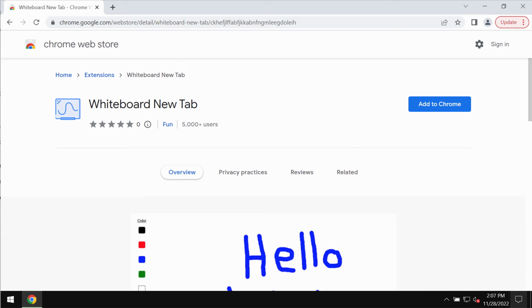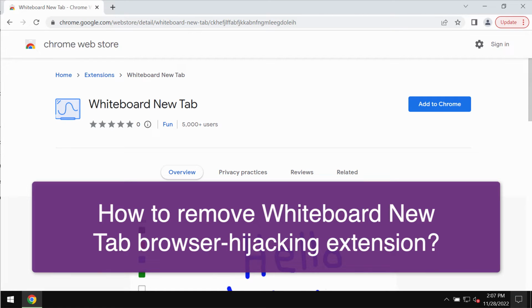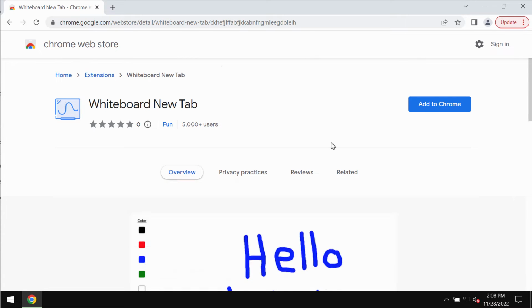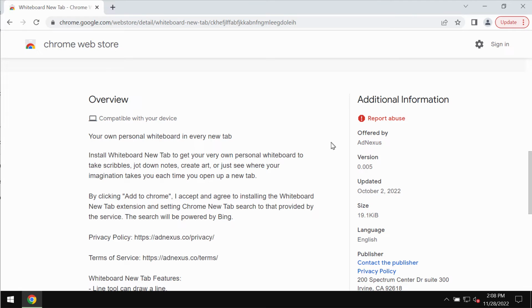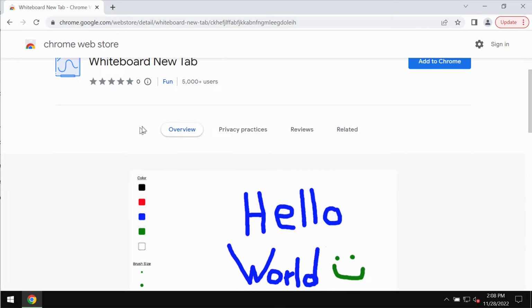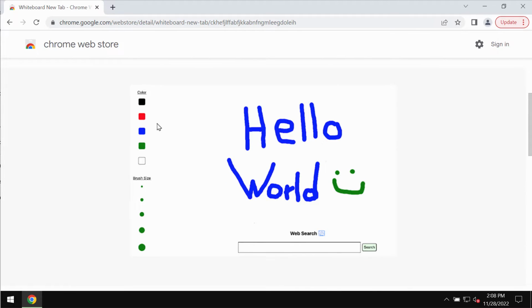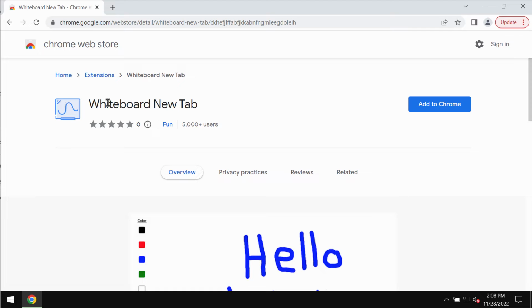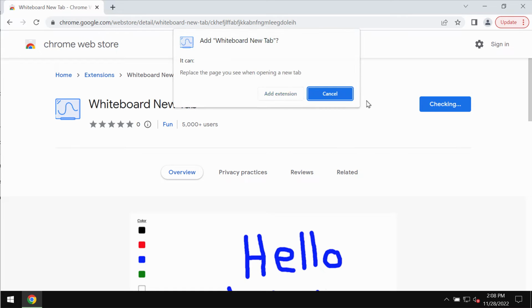My video guide will provide you with instructions that will help you to get rid of the unwanted browser extension called Whiteboard New Tab. This is a special extension for the Google Chrome browser. The developers of this extension advertise it as your own personal whiteboard in every new tab. Maybe this feature is good for some people, but the trouble is that this extension actually operates as a browser